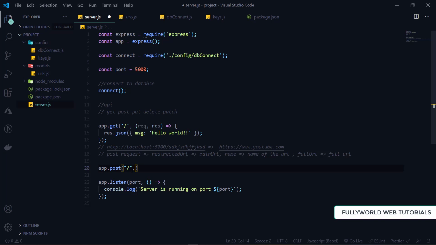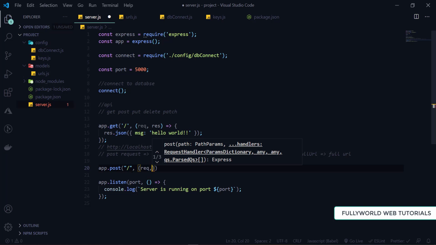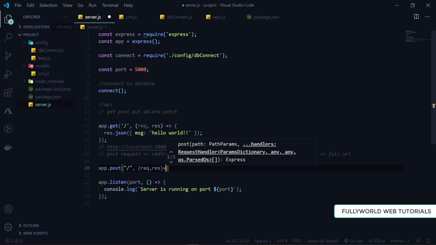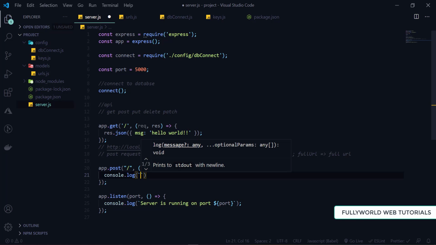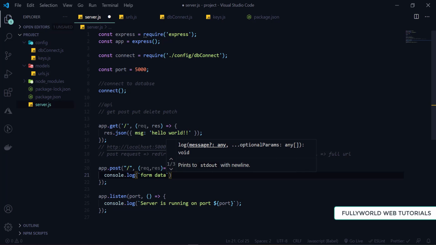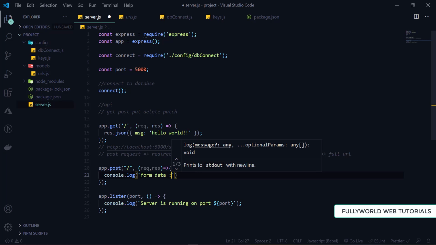So here there will be our request and response. Now we have to get the form data. So how can we get our form data here? We have to console.log. So here we will write form data, and form data will be